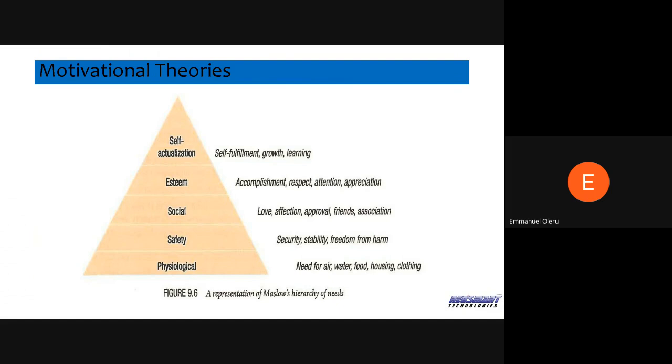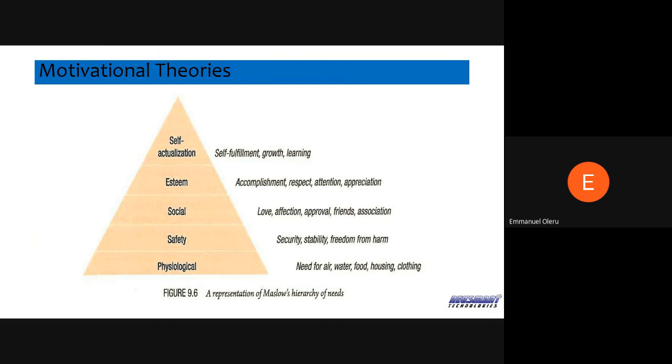The first need is physiological: air, water, food, housing, clothing. This is the first level of need, right? And as people grow and get past that, they have air, water, food, clothing, they then move to security. People that don't have money can stay under the bridge, they don't probably care. But then as people grow and start getting money, the next need will be security. Let me protect my house, protect my car, protect my family, stability as well, freedom from harm. Key things in the next level of the pyramid.